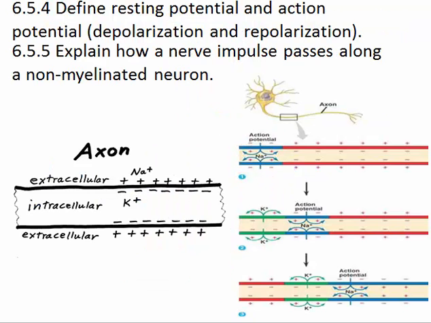In the next two assessment statements, it says 6.5.4, define resting potential and action potential, depolarization and repolarization, and 6.5.5, explain how a nerve impulse passes along a non-myelinated neuron. Now, if you search for action potential